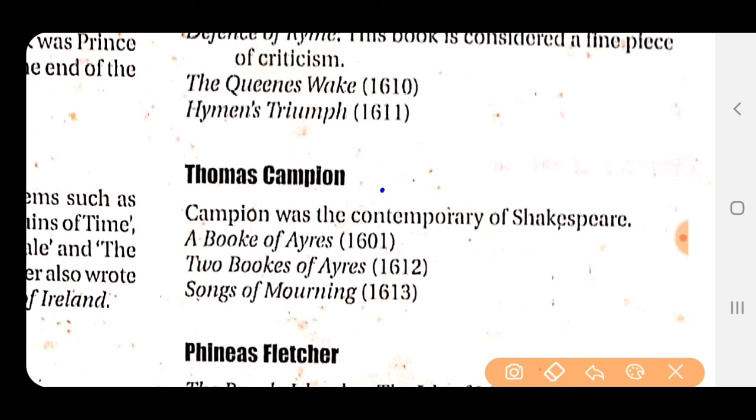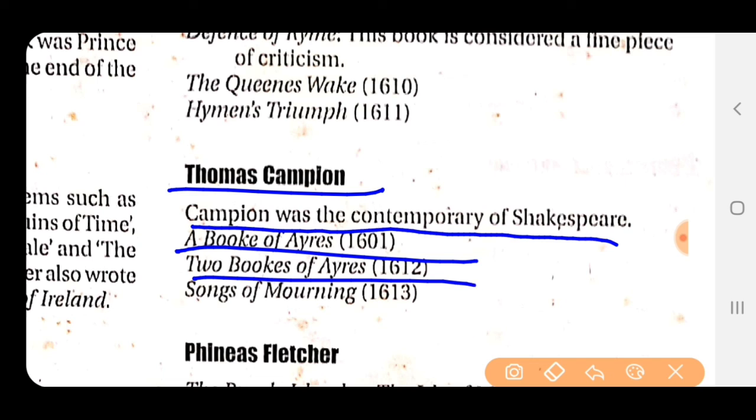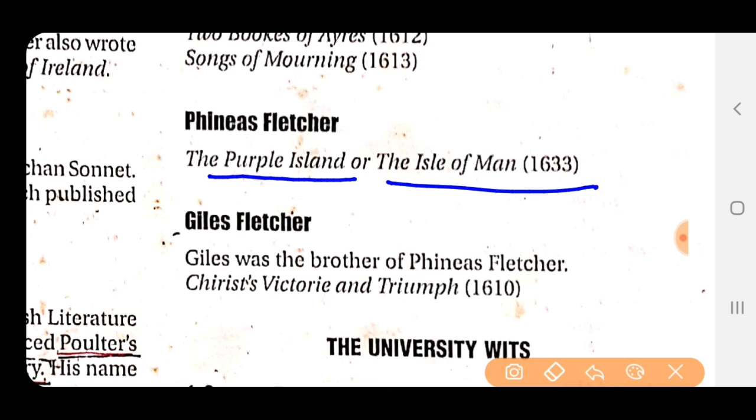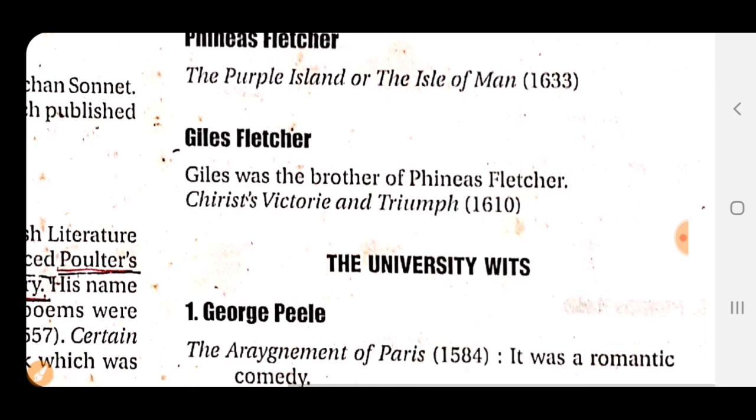Next author is Thomas Campion. Campion was a contemporary of Shakespeare. Book of Airs, two Books of Airs, Songs of Mourning. Next is Phineas Fletcher. The Purple Island, or the Isle of Man, 1633. Giles Fletcher is our next author. He was the brother of Phineas Fletcher. Christ's Victory and Triumph. So let us